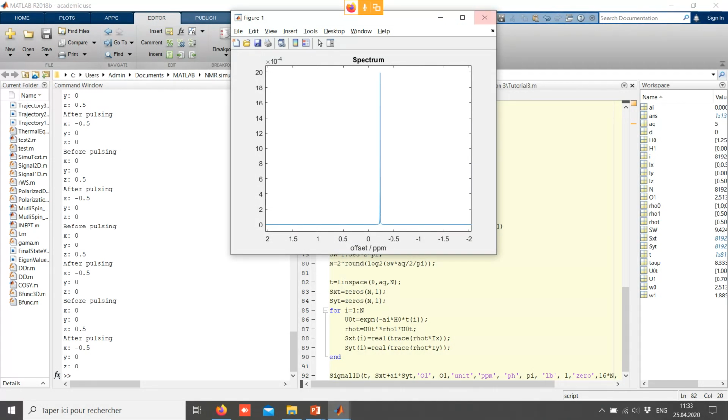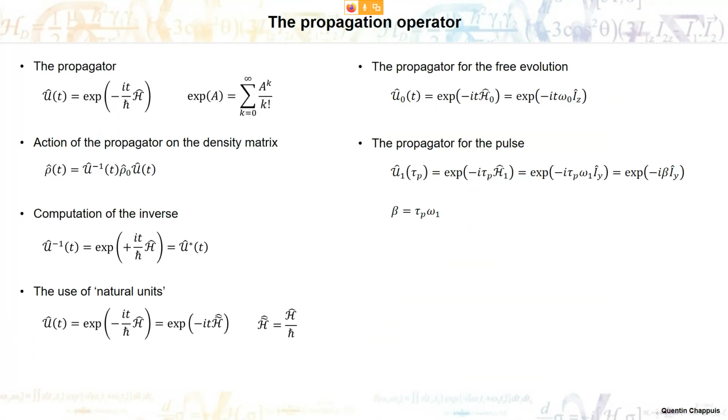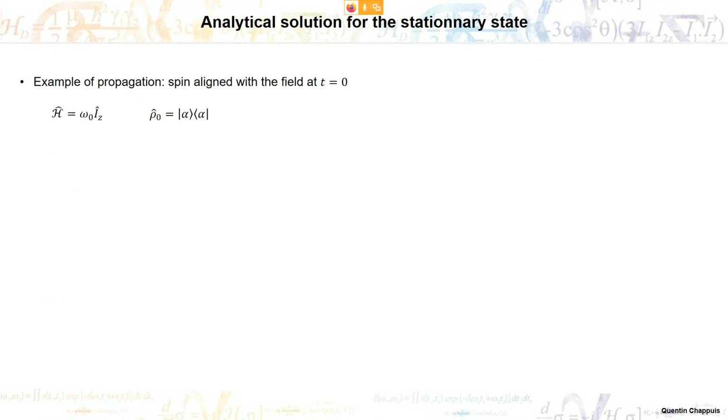Before we take a break, I would like to do the same calculation that we did numerically, but show you how you can calculate it analytically, because I think it's quite instructive. So I will rapidly show you two calculations. One is the propagation during free evolution of a spin aligned with the field, and then a spin in a superposition of states. So here I take the Hamiltonian of the free evolution and the density matrix of the spin